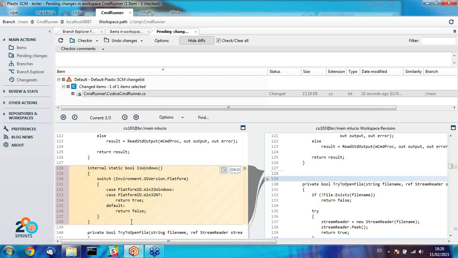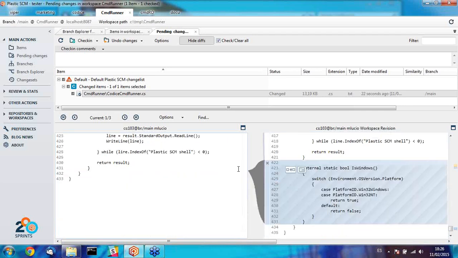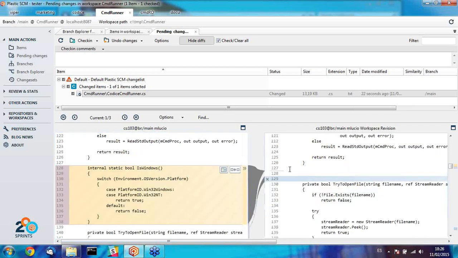Plastic knows that this is a fragment of code that has been moved, and it's able to match one fragment from the old revision with the fragment in the new revision. So this is what we call Transparent SCM, but the most powerful feature of the Transparent SCM is that